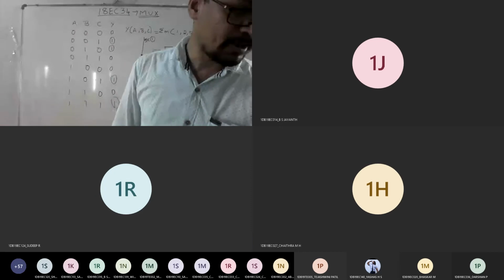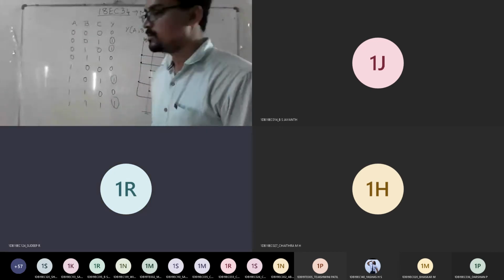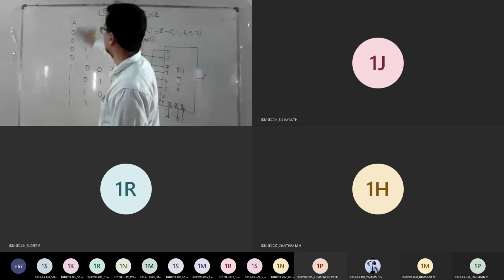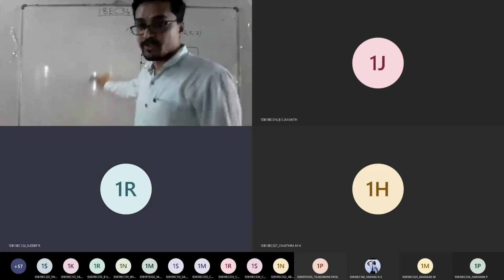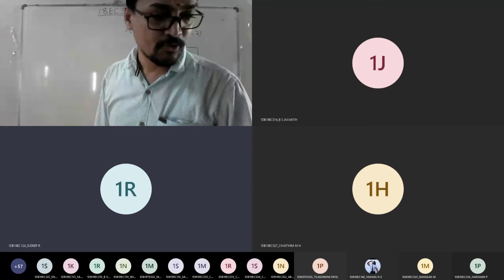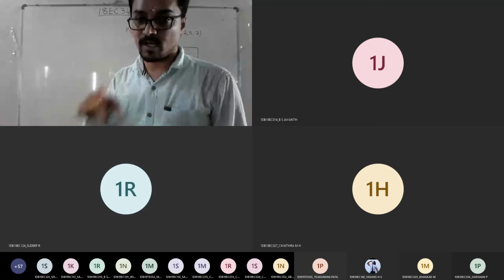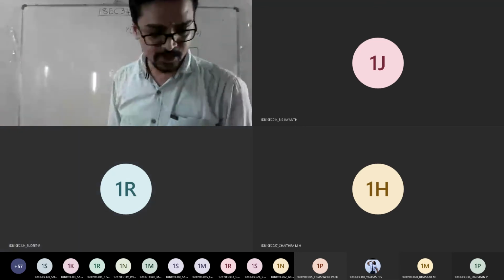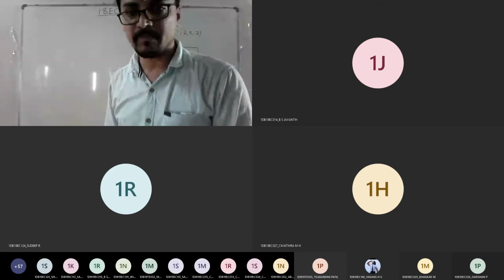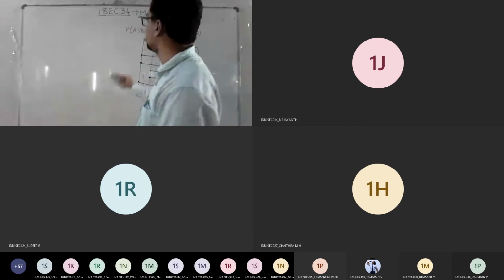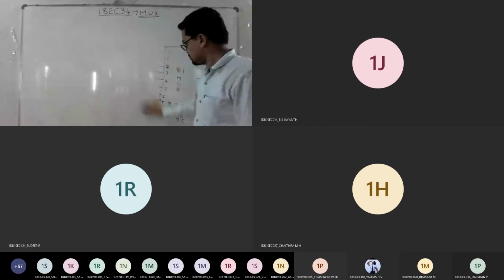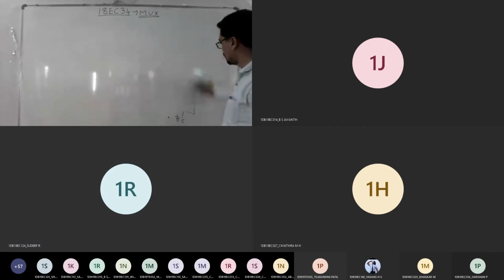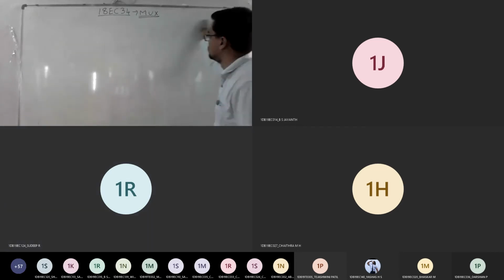Implement the following Boolean function using 4:1 mux. Now they are specifically telling you what to perform. Implement the following Boolean function using 4:1 mux.